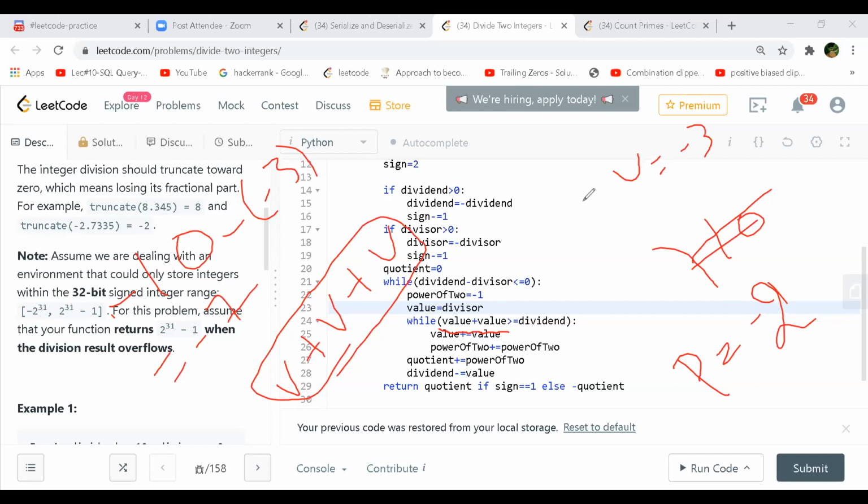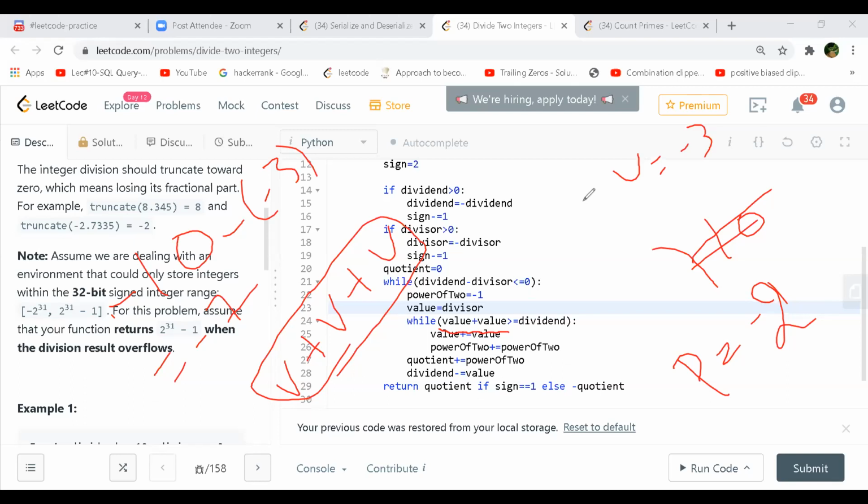And we are not allowed to use multiplication, division and mod operator. So we are using addition, right? So we are adding a value to it. So that will be almost like we are multiplying the value by 2, and we are not allowed to use multiplication. So when you are adding twice the value, you are actually incrementing your bit,